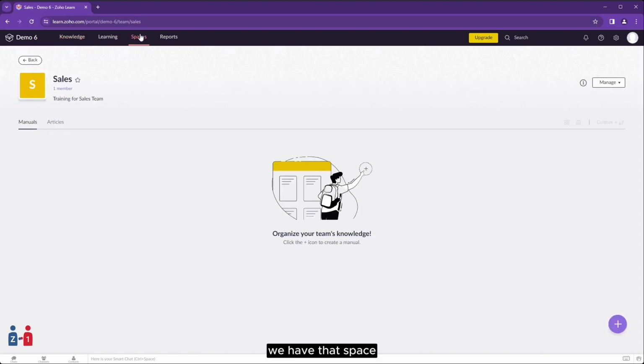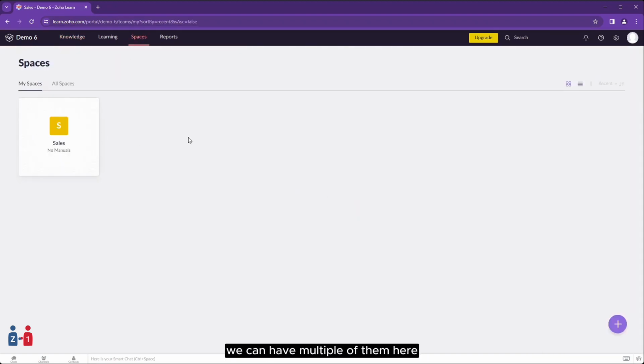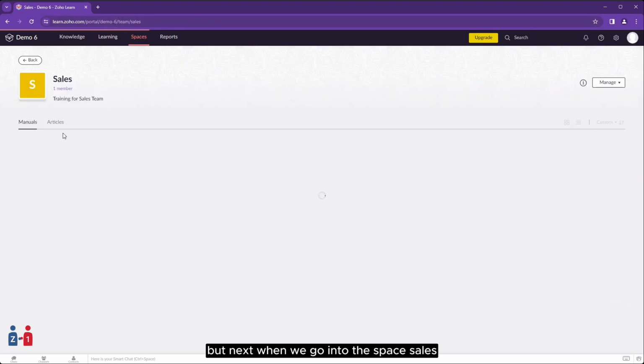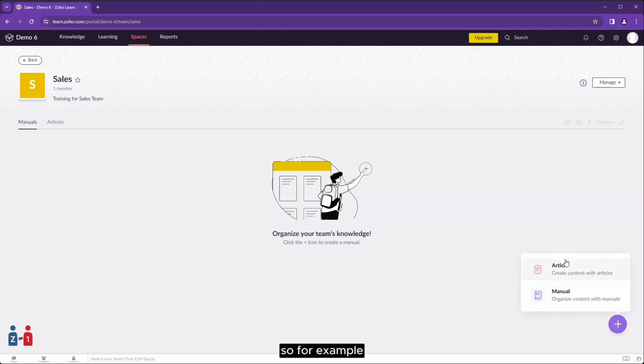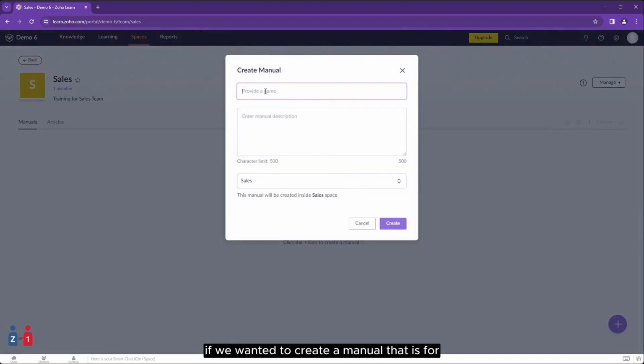We have that space. If we come to spaces, we can have multiple of them here. You can create them in spaces. But next, when we go into the space sales, we wanna start some manuals. Each manual can have multiple articles in it, and each space can have multiple manuals in it. So for example, if we wanted to create a manual that is for,